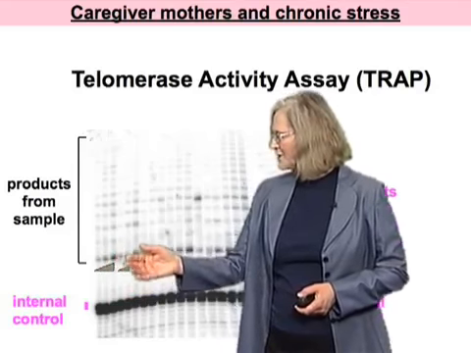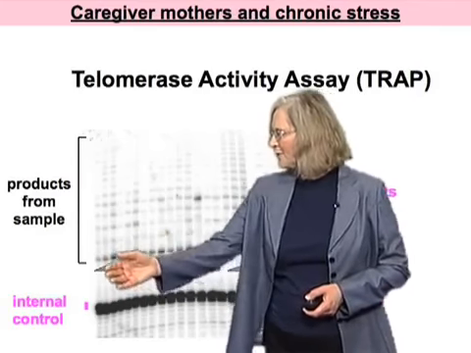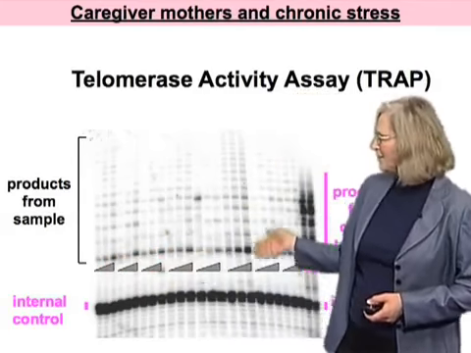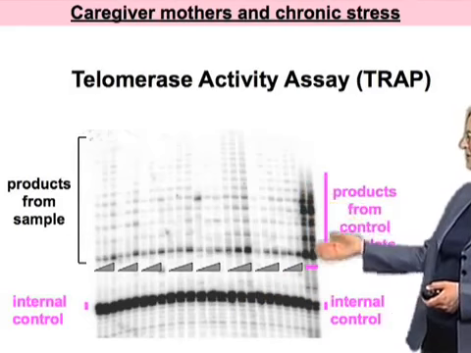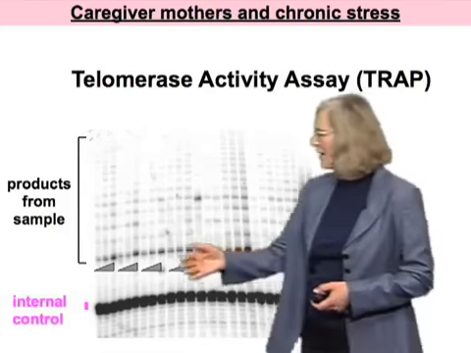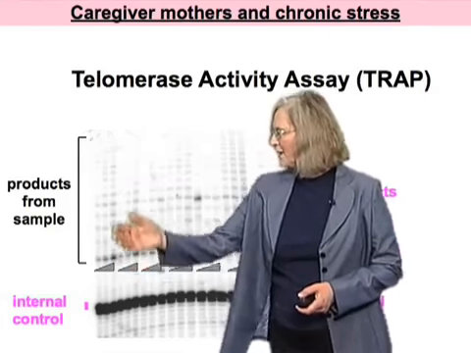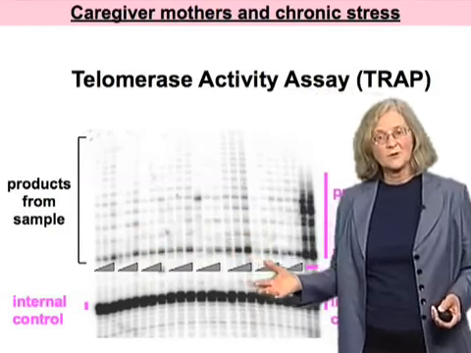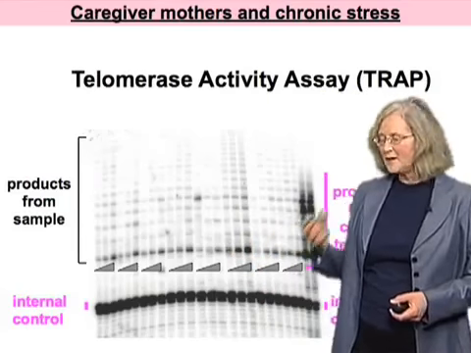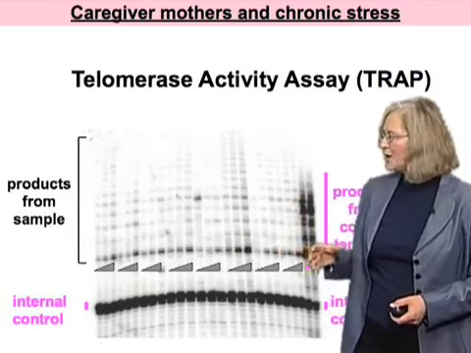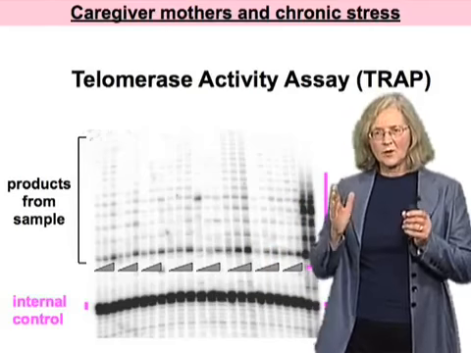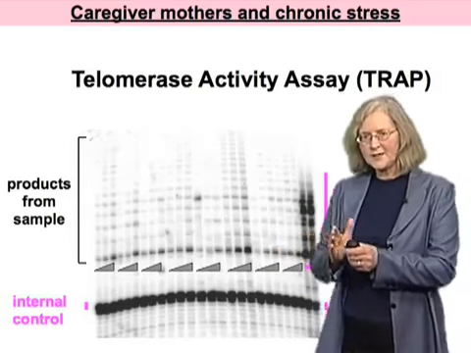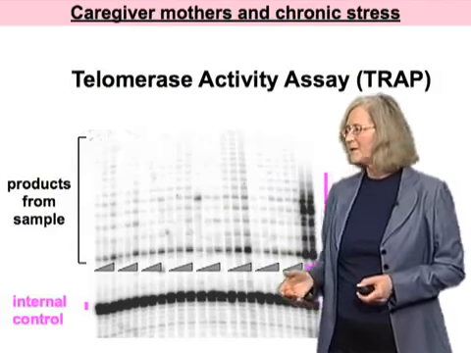We use 3 different concentrations always to make sure that we're in the linear range, comparing it with internal controls of various kinds and a reference sample, which is shown here. And then we quantified all these bands, made sure we were in the linear range, and related it back to the number of viable cells. So we could simply treat telomerase activity in white blood cells as a quantitative parameter, a continuously varying quantitative parameter.